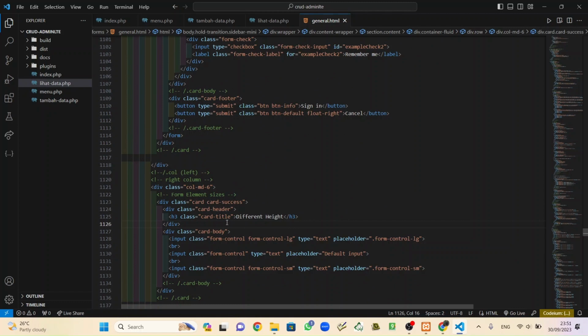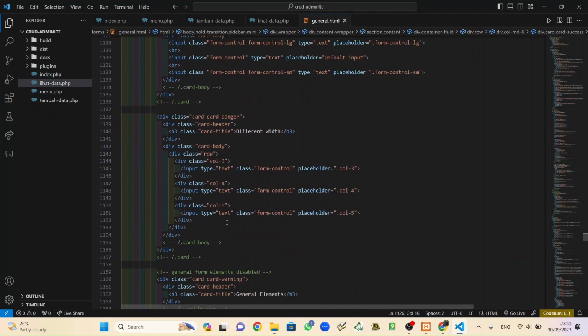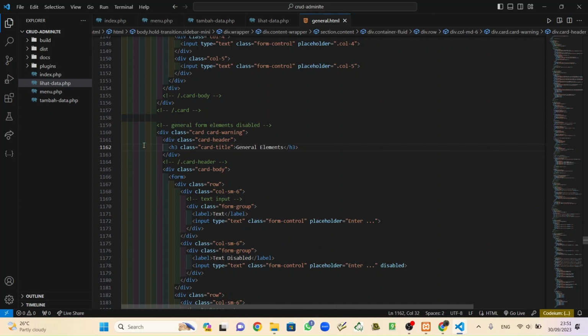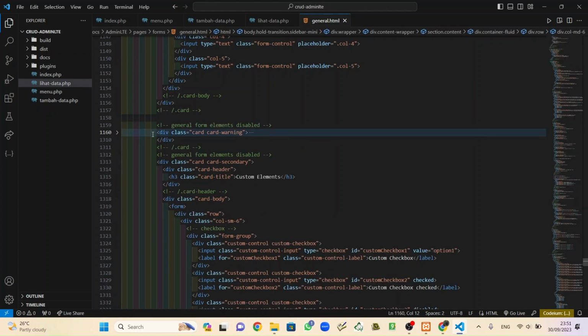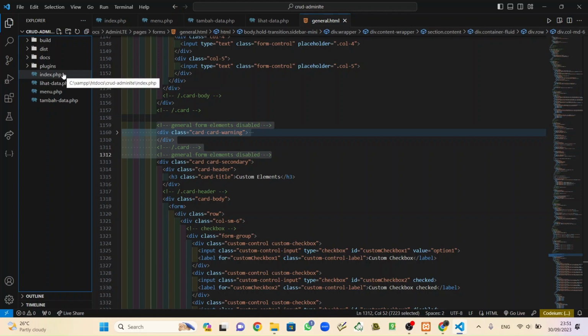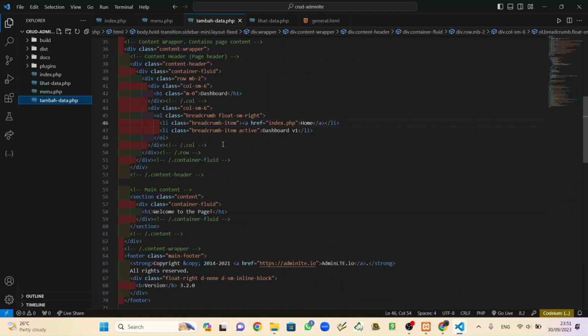Nah, this we can close. Okay, and copy this general element until general element from element disabled. Okay, copy Control C and put inside tambah data.